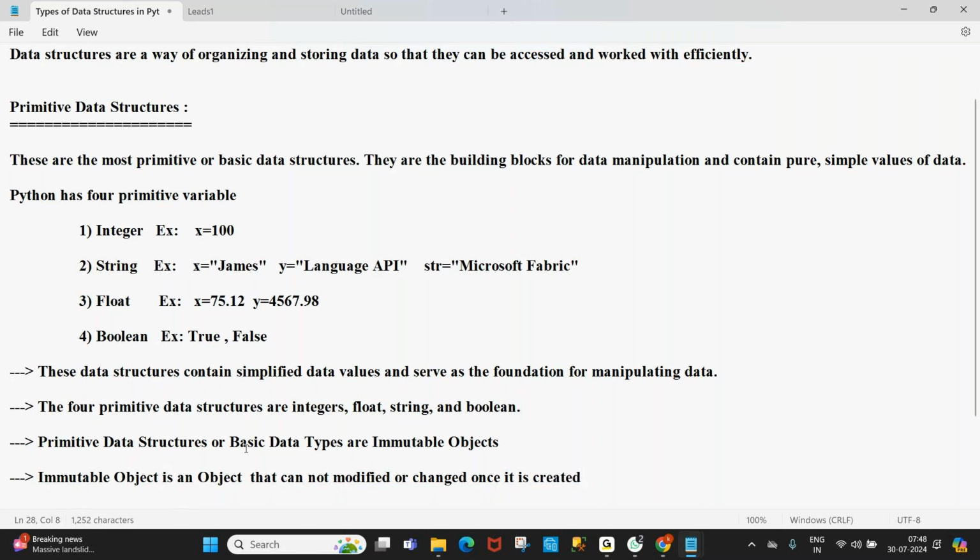Once an object is created, it cannot be modified or changed. It simply refers to another object. So all primitive data structures, what I said, integer, string, float, boolean, are all immutable objects.